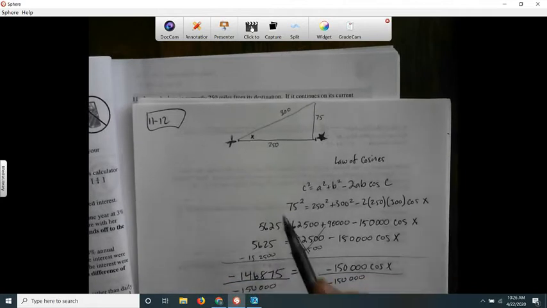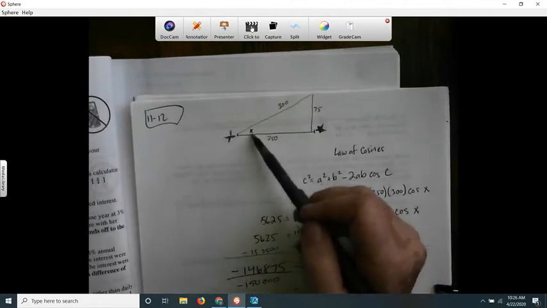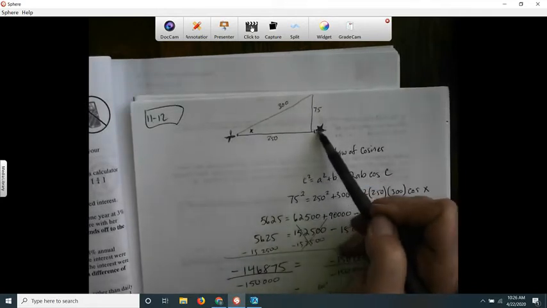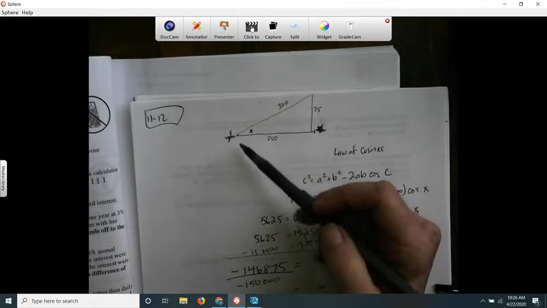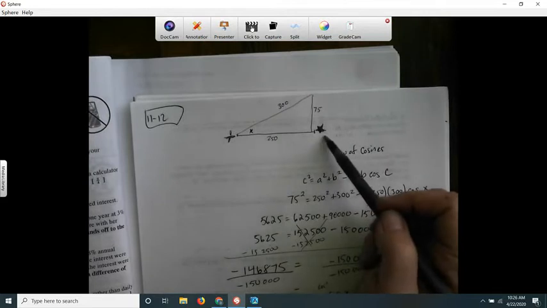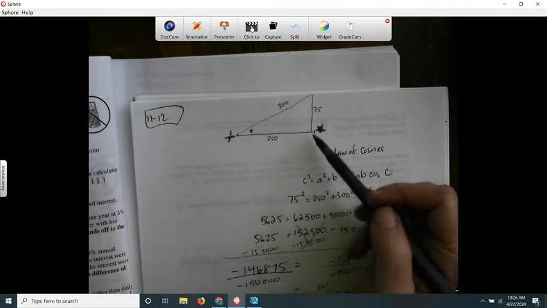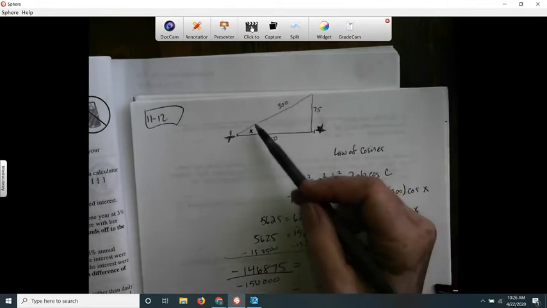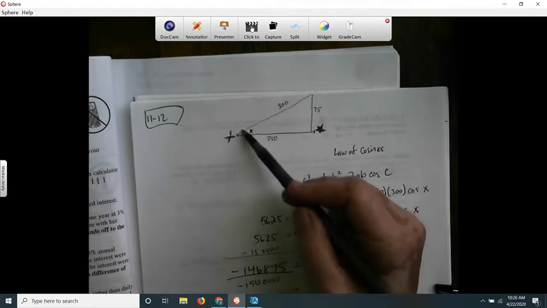I knew it was going to miss. I knew the plane isn't going straight to the destination because it says it flies another 300 miles, which is farther than the destination, right? And then it's going to be 75 miles away. So it needs to change this angle right here. So anyway, I just drew it like